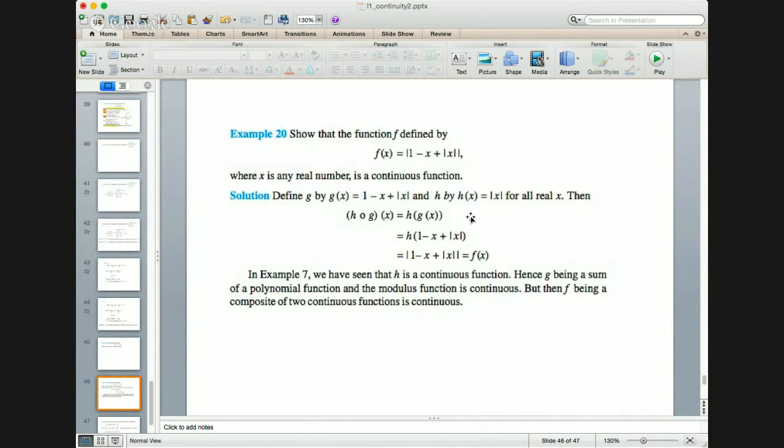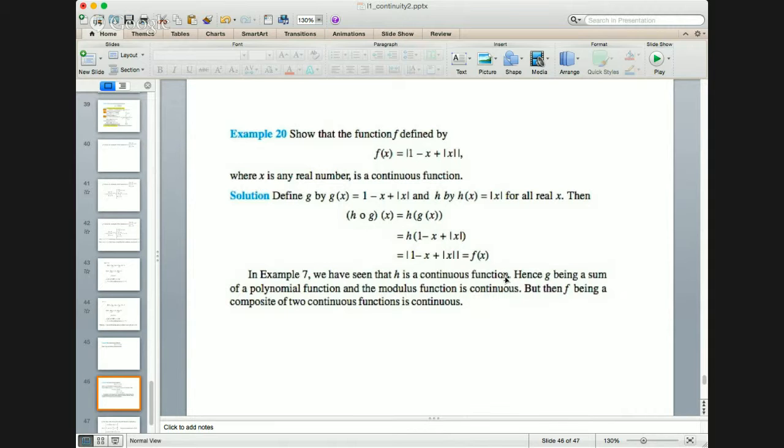If you look deeply, there is a lot happening here. You're looking at absolute value of a difference and a sum, and again an absolute function coming in. So this is a very complex function, and if you're asked to talk about its continuity, then what NCERT has done, and its very valid solution, is to break it down into smaller functions. In this case, they have defined g and h. g of x is 1 minus x plus mod x, and h of x is equal to mod x. So the given function f is nothing but the composition of h with g, in the order h o g. So h of g of x becomes h of 1 minus x plus mod x,